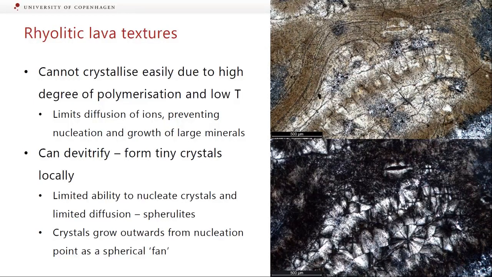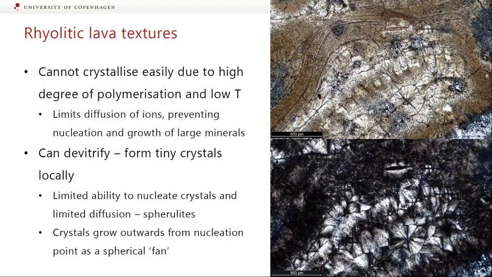And it's marked by these very subtle differences, these little dark patches. Maybe these are some oxides that have begun to crystallize or something. I'm not quite sure because they're way too small to see under the microscope. But basically you get this because once you get to a rhyolitic lava, it can actually be quite difficult for